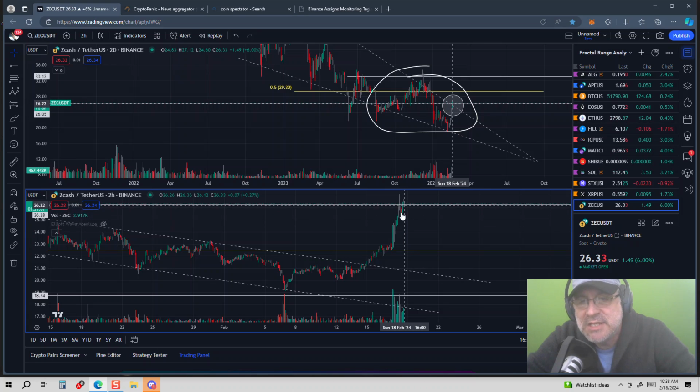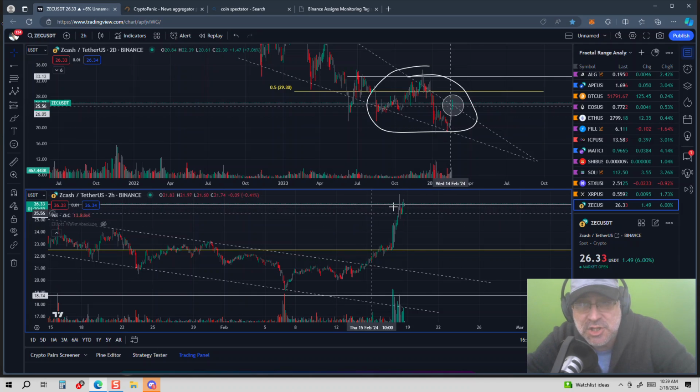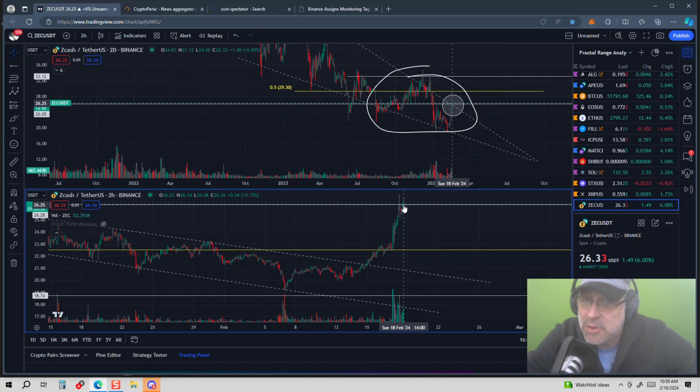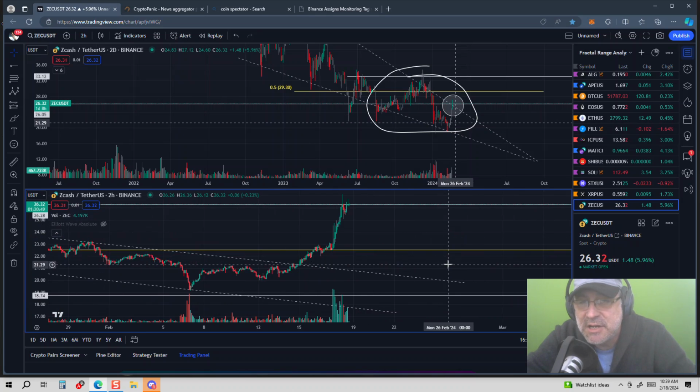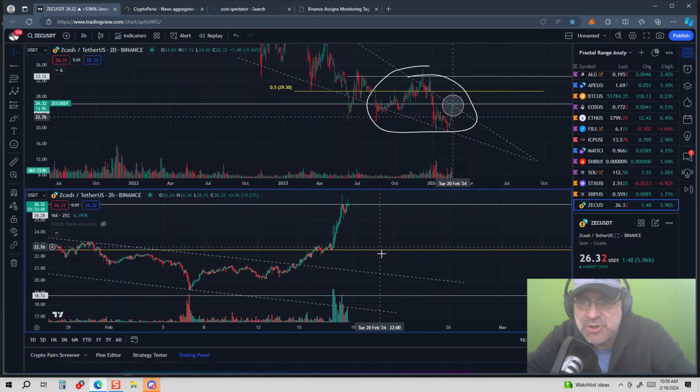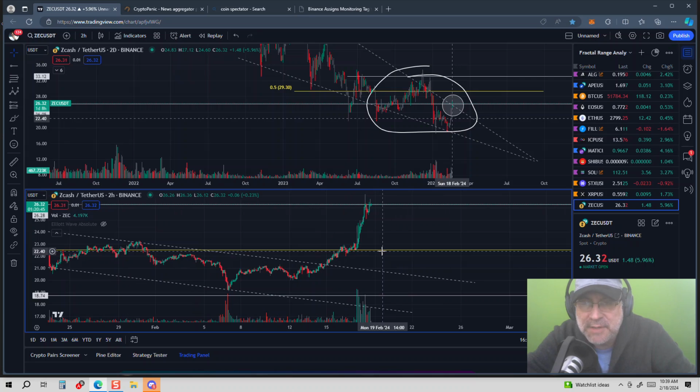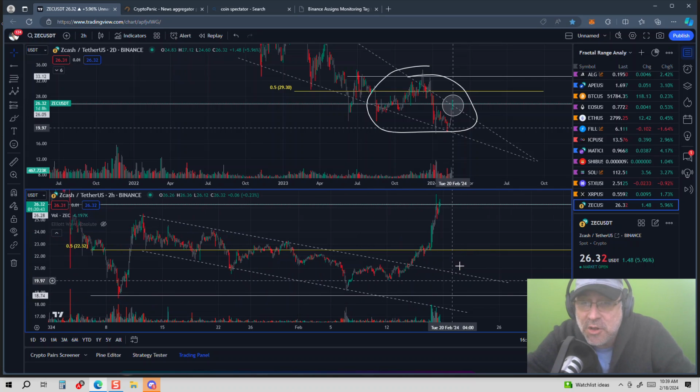Now, retail that bought this rally, bought this pump, if they drop the price from here, they're going to get spooked out and start selling, start capitulating their positions, which retail or institutional or informed interests are going to buy down here. So buy as the price retraces back to midpoint here.